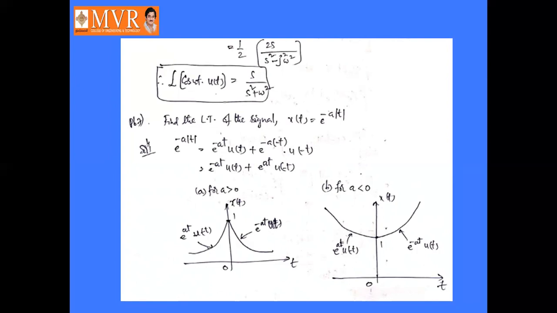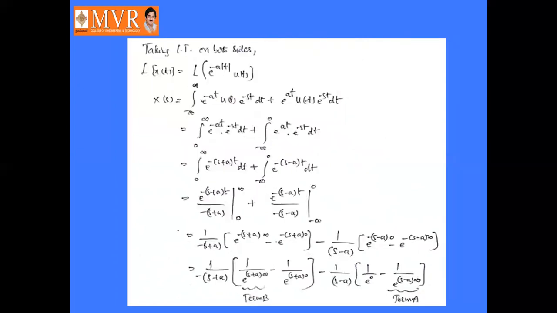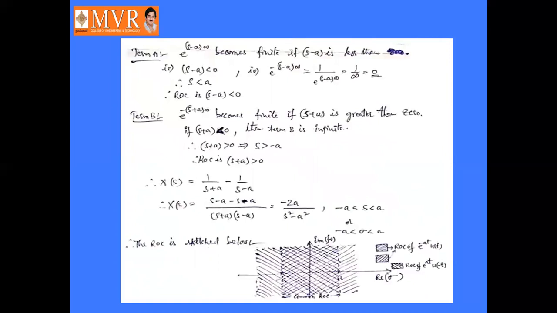e power minus a into mod t. So mod t can be written as plus or minus t. If it is plus t, then it is e power minus at into u of t. If it is minus t, then it is e power minus a into minus t into u of minus t. Okay, so that we will get e power minus at into u of t plus e power at into u of minus t. So that we can solve this problem. So we will get the solution as x of s equal to minus 2a by s square minus a square, where the ROC is in between minus a and a. Okay,